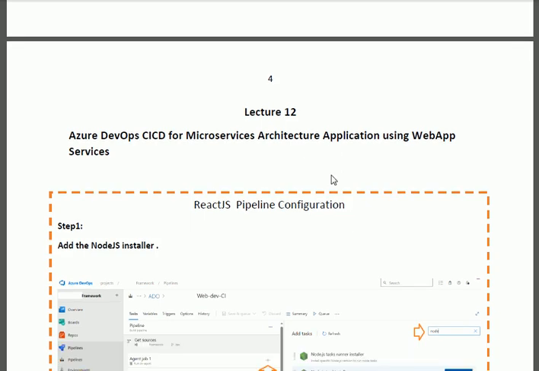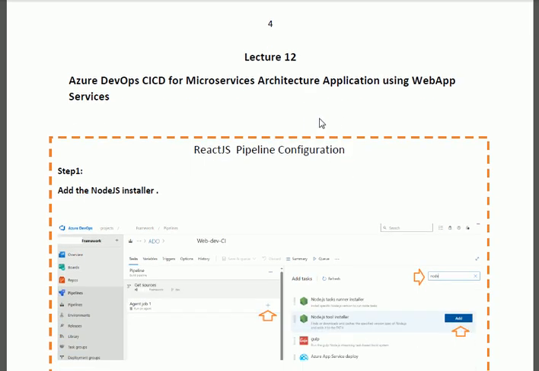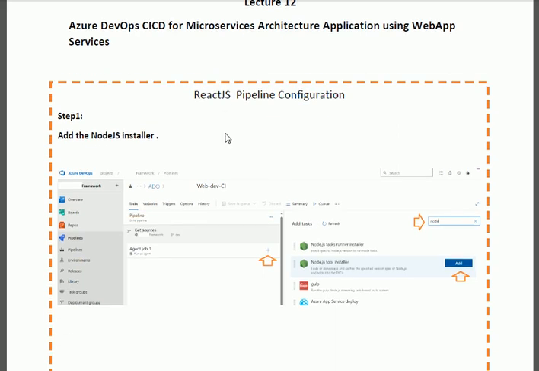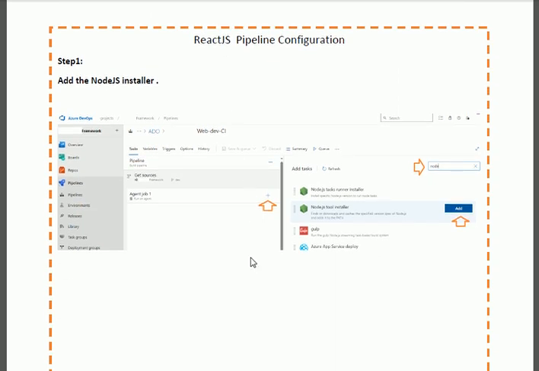In lecture number 12, Azure DevOps CI/CD for a microservices architecture application using the Web App services. So today we shall proceed to the next step. After completing part 1 of CI/CD for the microservices, now today we shall complete the CI section for the React.js application. In my previous lecture, we started the CI, continuous integration, for React.js. Now today, for step 1, first of all we shall install the Node.js installer, which is necessary for the